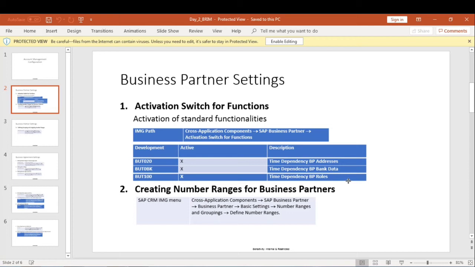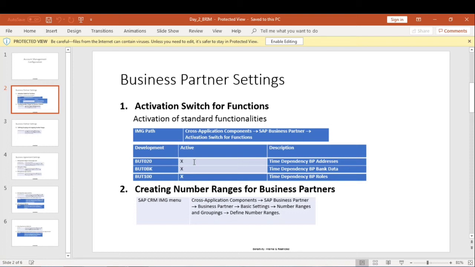So only my address has to be changed in the system. All my data should not be deleted, and another customer need not be created with my name and another address. We should be able to just change the address. In order to do that, time dependency business address is there. We need to activate this function.